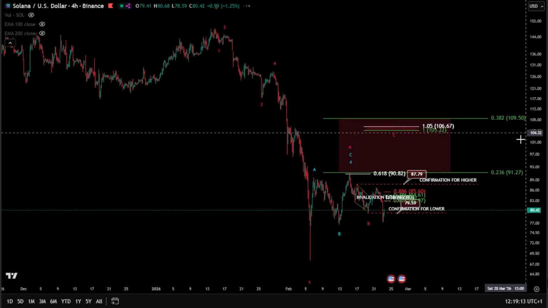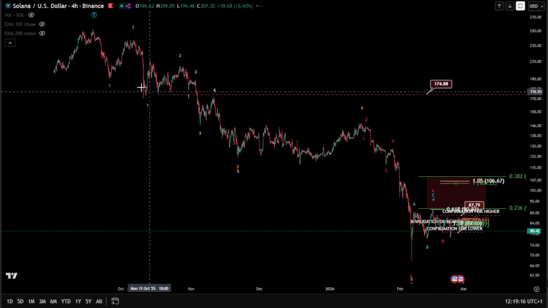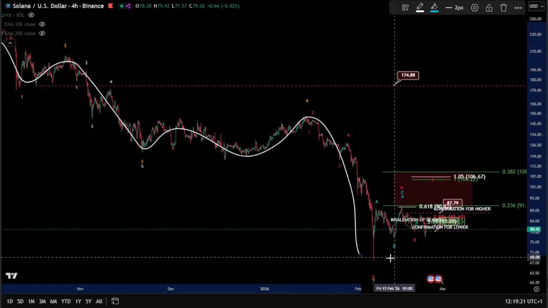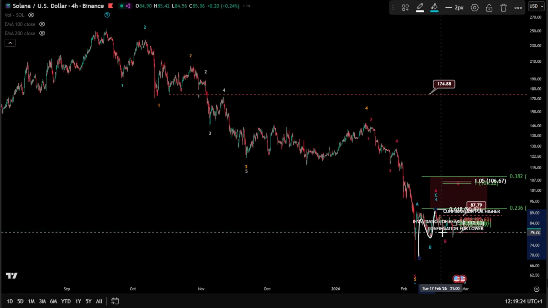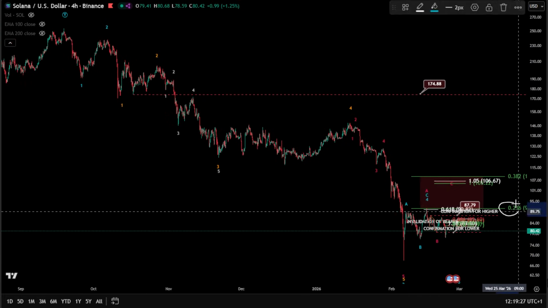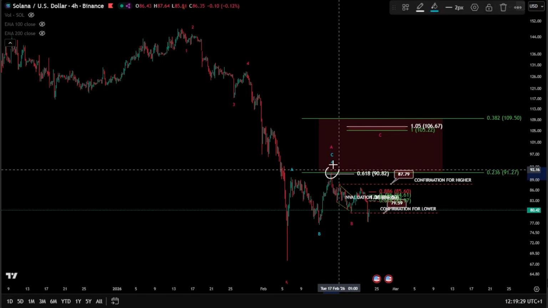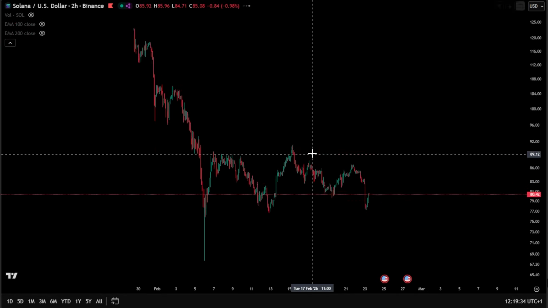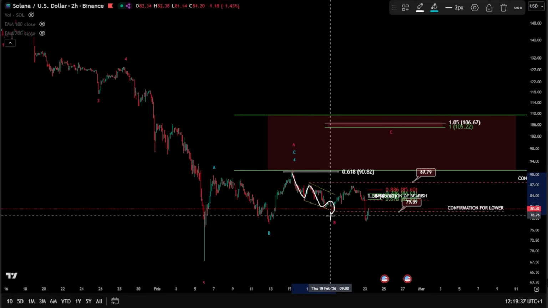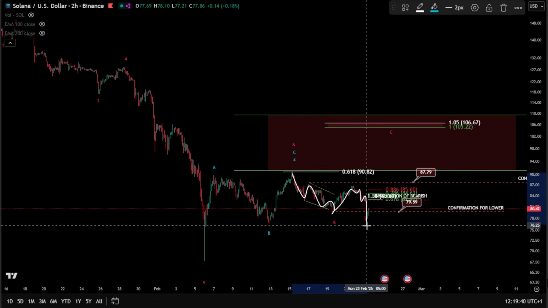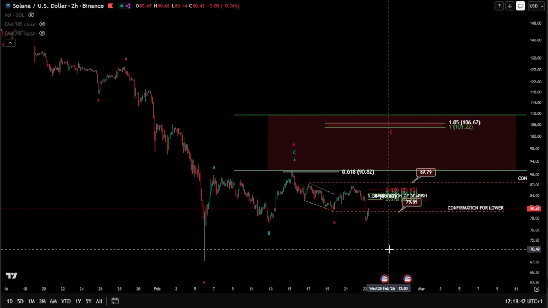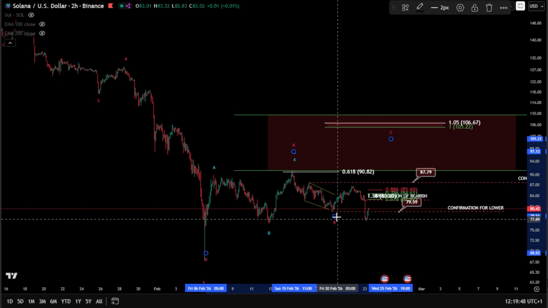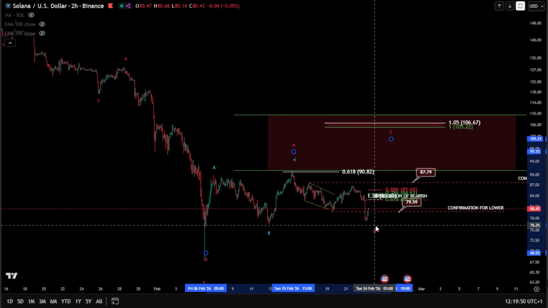On the 4-hour chart, we can see clearly, of course, after this drop here in double 1, 2, we have wave 3, wave 4, and a 5 finished, and currently you have finished another wave 4 here. And then, of course, taking the 0.23, the minimum requirement for a wave 4 in the red box, and we start to see a diagonal over there unfolding as a 1, 2, 3, 4, and a 5 in a wave 1, 2, and we start double 1, 2, 3, 4, 5, 4, and a 5 to continue an impulse toward the downside here. So I would say the ABC here can, of course, still be working,